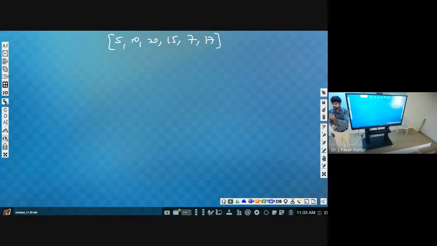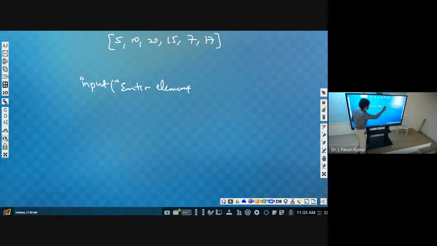We can take one number by using the input function. How can we take input of enter number? Let us say this one is a number or an element. The formal word can be element. So enter element, then we will enter one element like 5, then that will be converted into integer and we will store it into a. Okay, we have taken one number. Next, how can we take the second number? Again the same, right? Third number again the same, by using input integer.